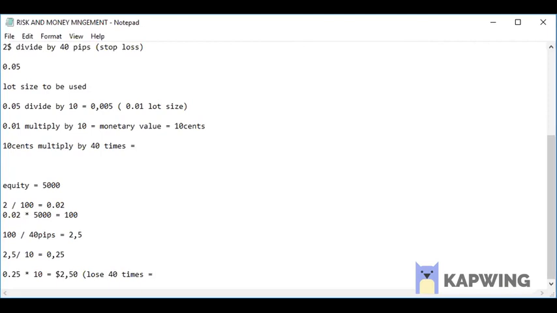It's just $100. You see that? So the lot size that you trade per every time is the same money that you choose to lose here. So that is the strategy I call the 2%